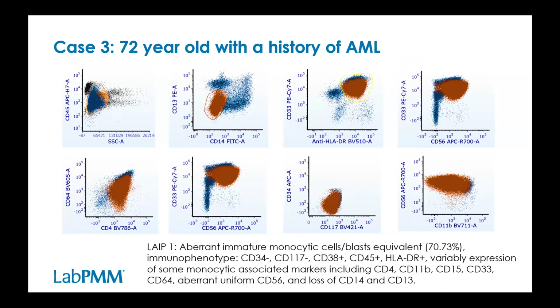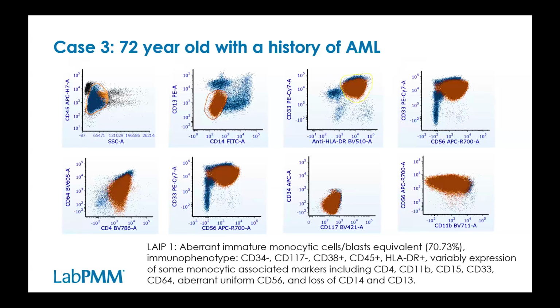And now let's look at the last case. This is a 72-year-old gentleman with a history of AML. This is our flow cytometry. You can see this large population of aberrant blasts. They are showing relatively bright CD33 and HLA-DR, CD11b, CD64 and CD4, all these